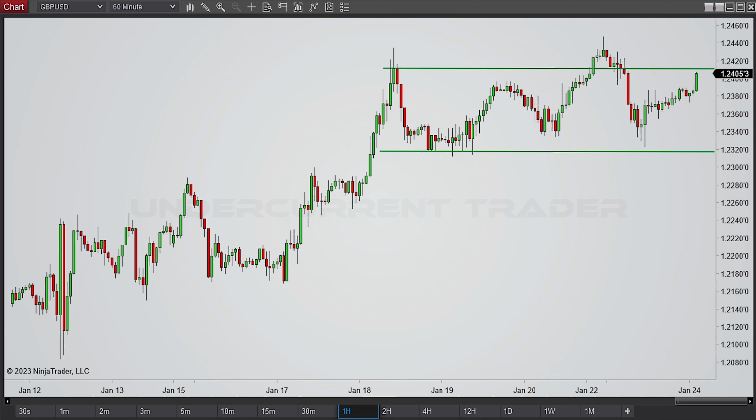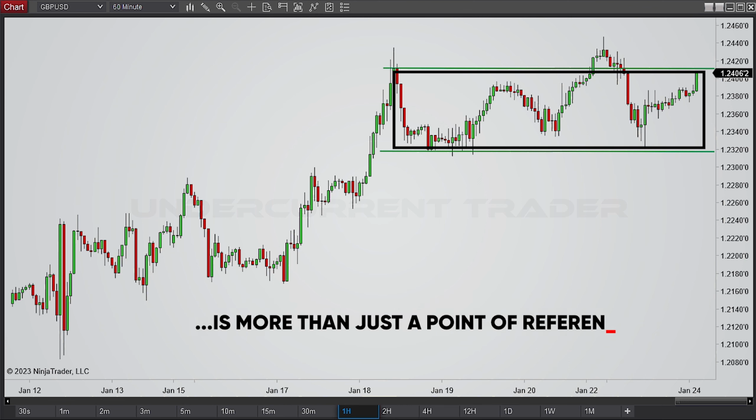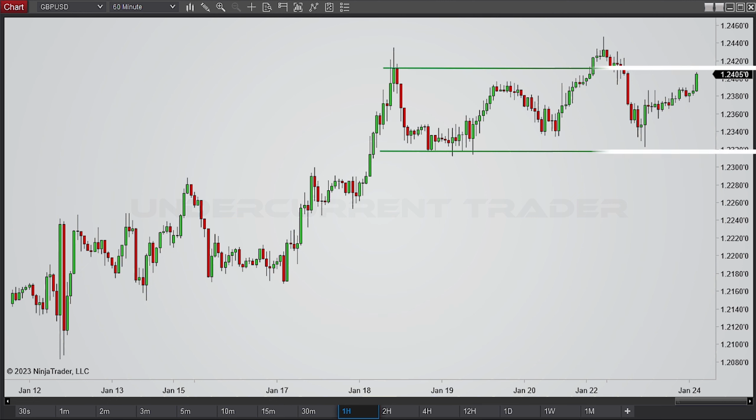Let's take a look at the 1 hour time frame of this British pound USD forex trade. Right now it looks like we've got a bearish bias on the pair, and the reason I make this point is because this whole range bound consolidation area up here is more than just a point of reference, it's actually a clue. In fact, this trading area provides us with a chance to assess our bias, since first and foremost,